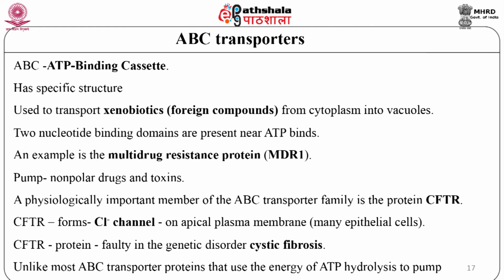CFTR plays a key role in the secretion of ions and water across the epithelia. Some bacterial toxins cause unregulated activity of CFTR, resulting in excessive secretion in the small intestine which causes diarrhea. In cystic fibrosis, CFTR channels are defective or absent, which leads to decreased secretion which causes the pathology in the lung and digestive systems.